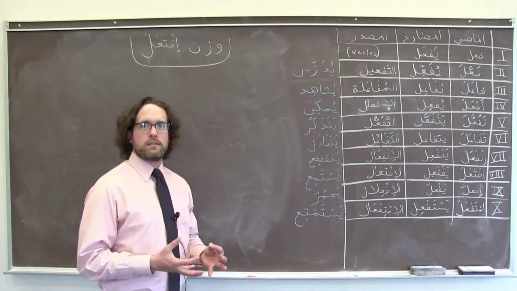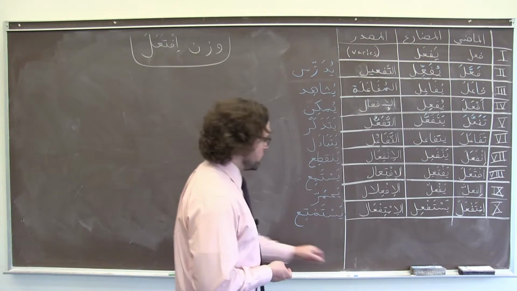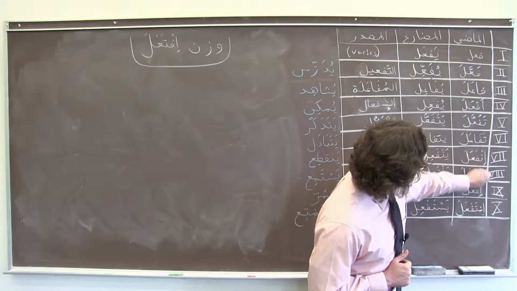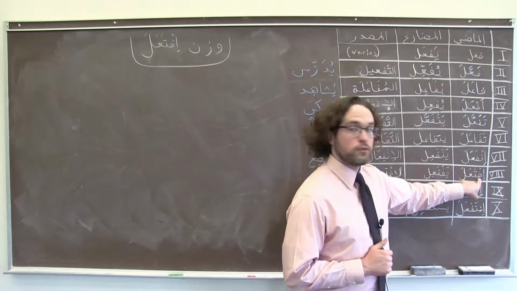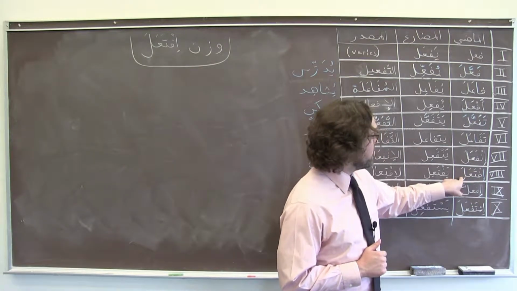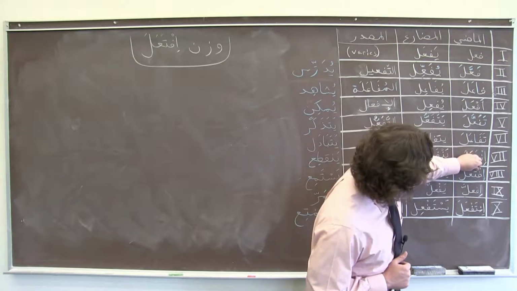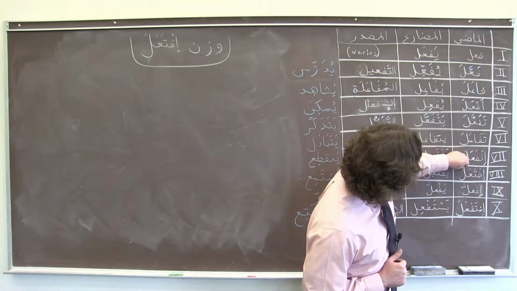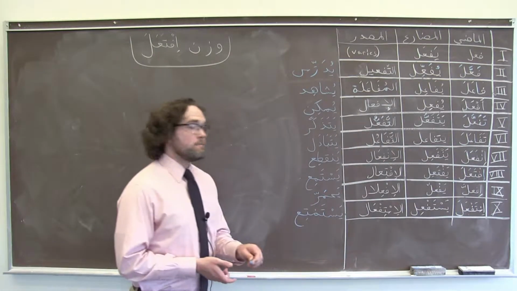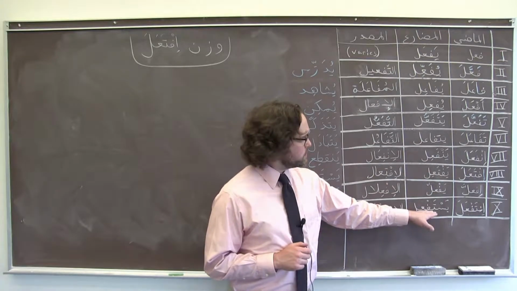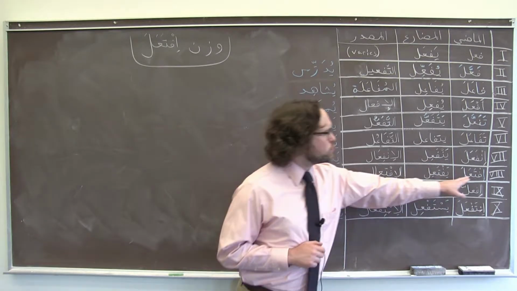To construct Wazn ifta'ala, we add an alif with a kasra before the first letter of our judr, or root, represented by fa, ayn, lam, and then we add a ta after it in the past tense. So we wind up with ifta'ala. In the present tense, just like with all the other verb forms 7 through 10, we drop that alif